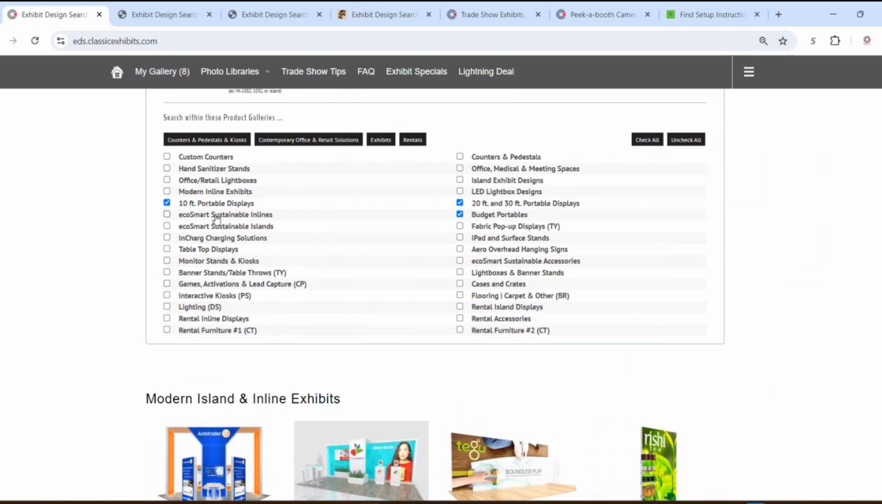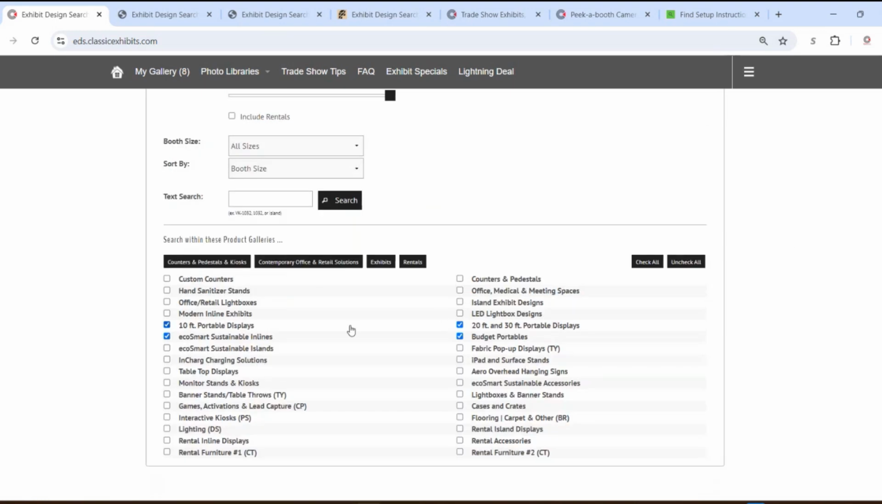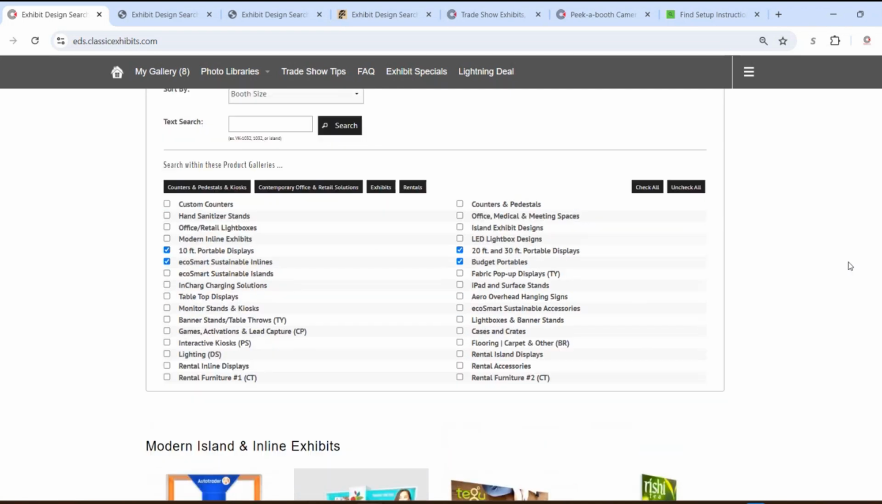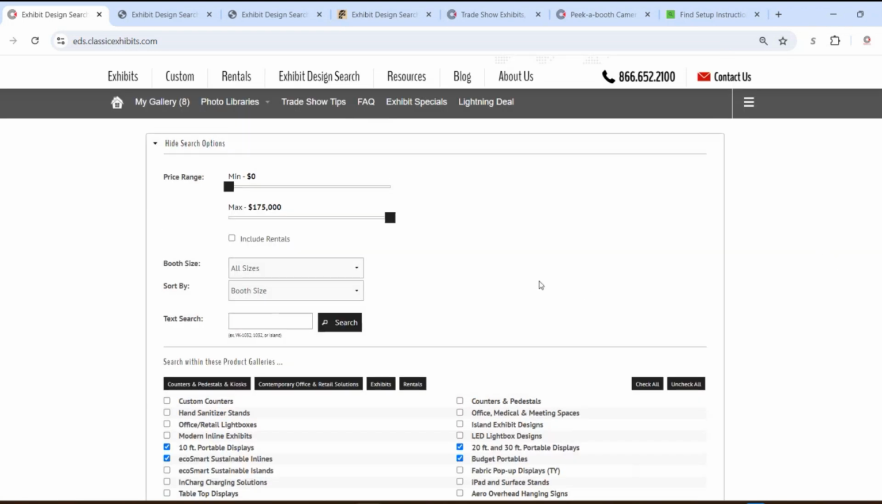And I'm looking at the eco smart inline. Include those and then it will only do the search of those four galleries within it. All right. This is a really powerful tool that internally our project managers use all the time, but I'm not